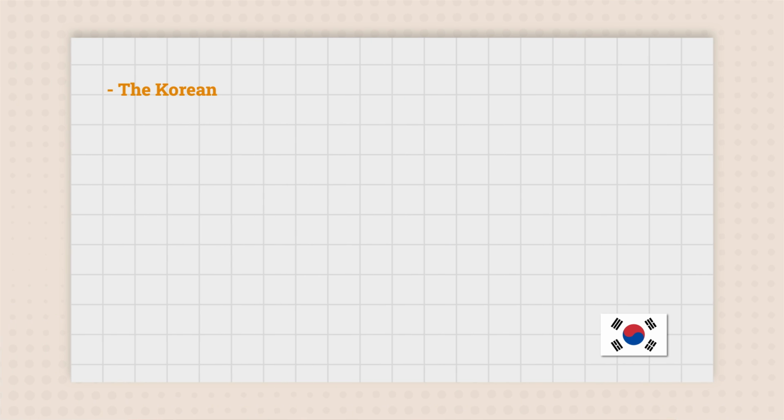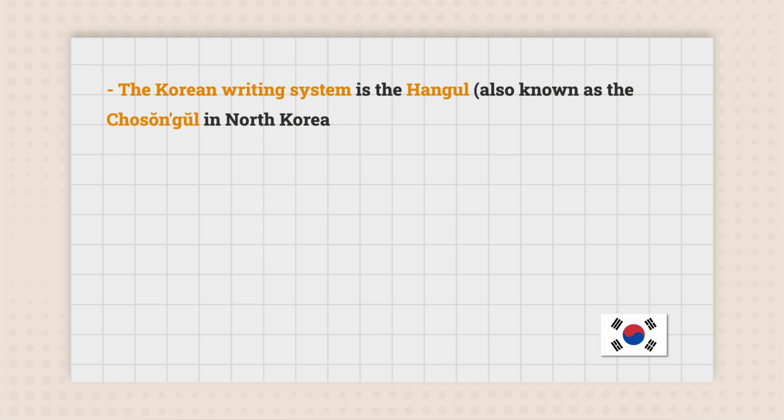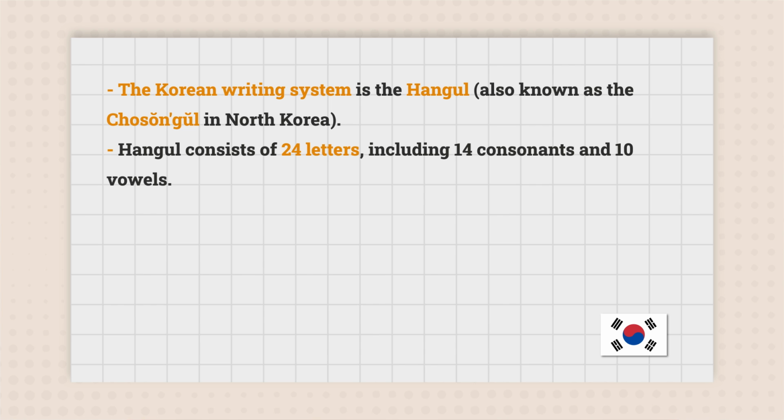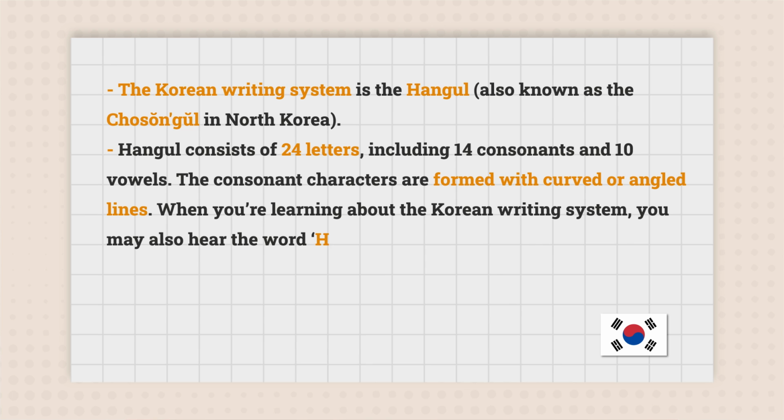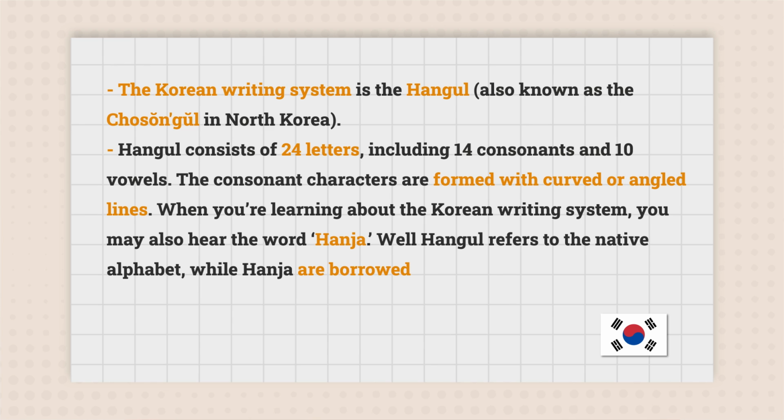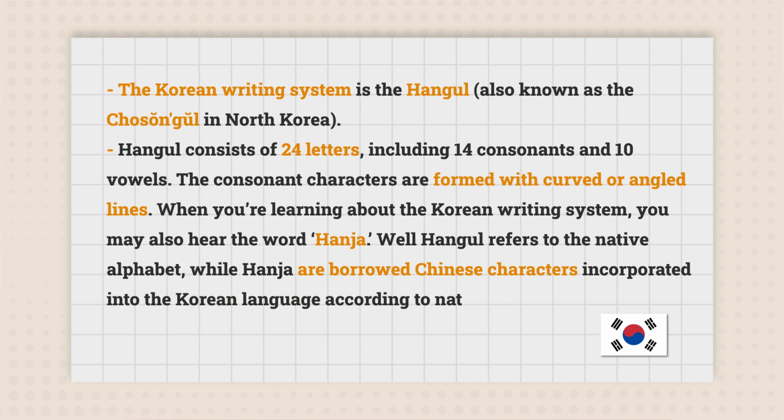Oh, that's brilliant. As I've said, the Korean writing system is the Hangul, also known as the Chosunggul in North Korea. Hangul consists of 24 letters, including 14 consonants and 10 vowels. The consonant characters are formed with curved or angled lines. When you're learning about the Korean writing system, you may also hear the word Hanja. Well, Hangul refers to the native alphabet, while Hanja are borrowed Chinese characters incorporated into the Korean language according to